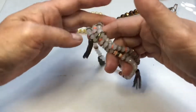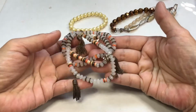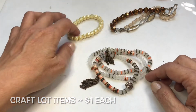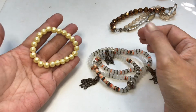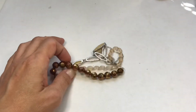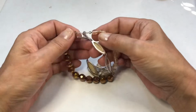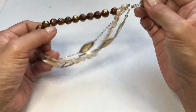And you have all these little fringes hanging off of it. And there's this rhinestone covered bead. So we have that. This here is just a faux pearl, ivory color. And then lastly is this here. This is by, I spoke about her before, Sigrid Olsen. It's a triple strand bracelet,